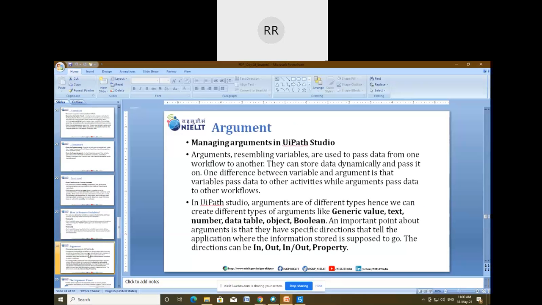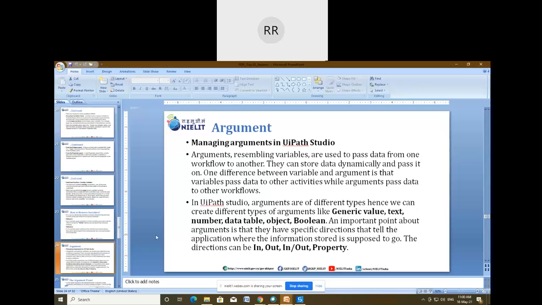So coming to the argument, what is argument? So is everything clear in variable topic? Is it fine? If you have any doubt, then you can ask. Yes. However, we have also provided the content on the e-content portal. Okay, so you can go there and check. And in case of any problem, you can ask in the next session or at the end of today's session itself.